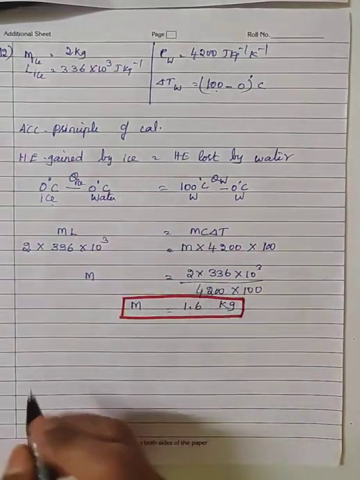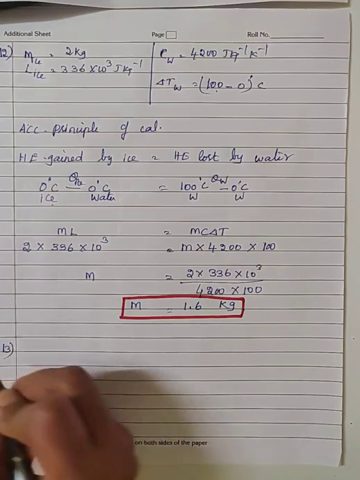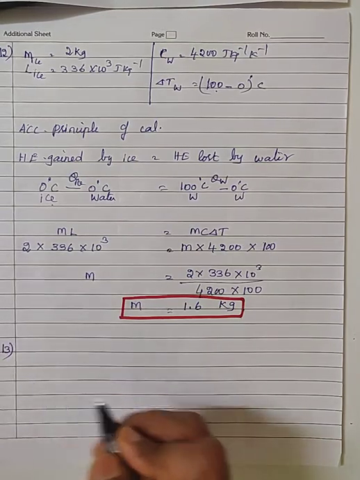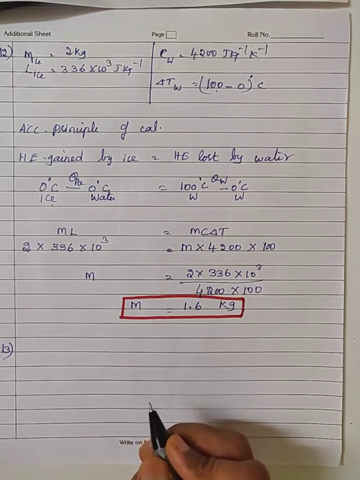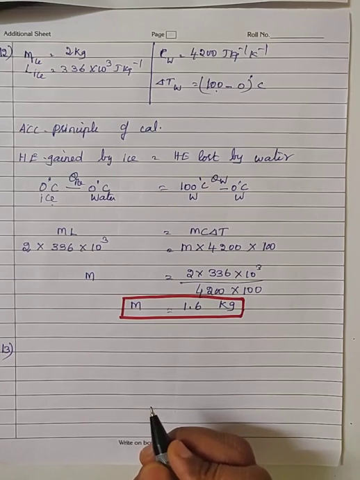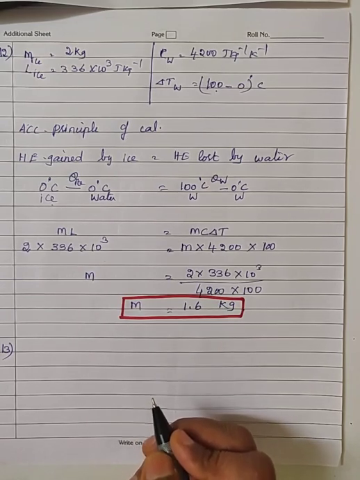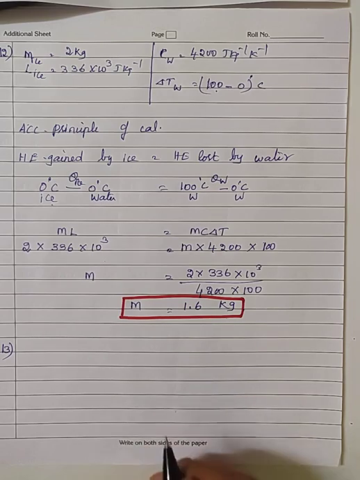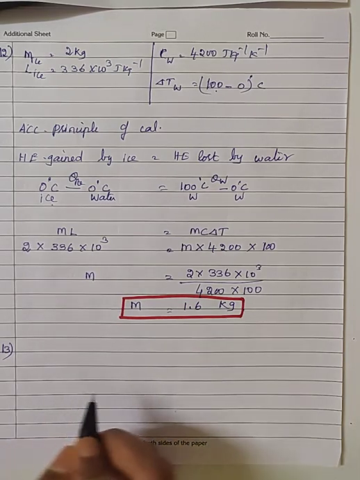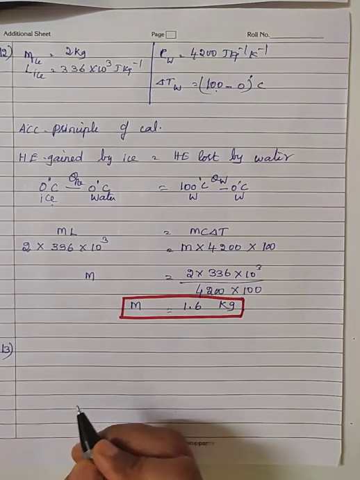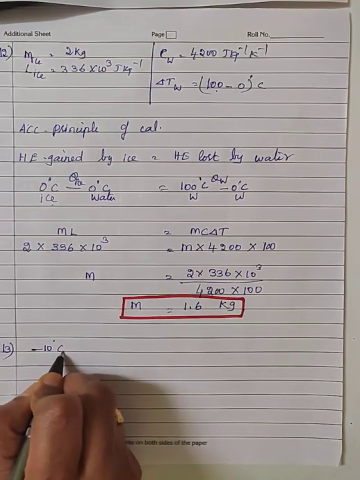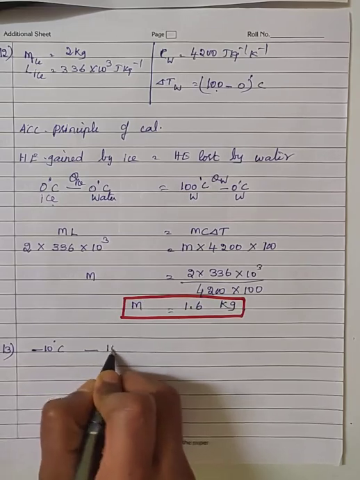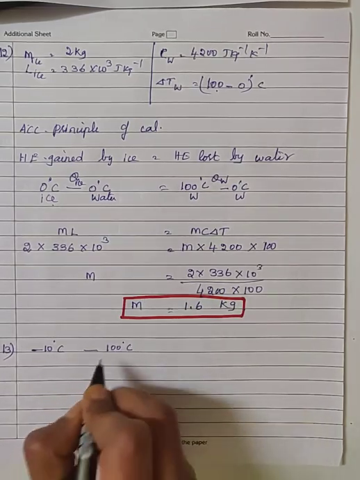Okay. Next one, 13th question, page number 282, refer the question. The 13th question: 100 gram of ice at minus 10 degrees Celsius is completely converted into water at 100 degrees Celsius. You are asked to calculate total amount of heat energy required for this process. So directly I write the equation. Here minus 10 degrees Celsius of ice is converted into 100 degrees Celsius of water.